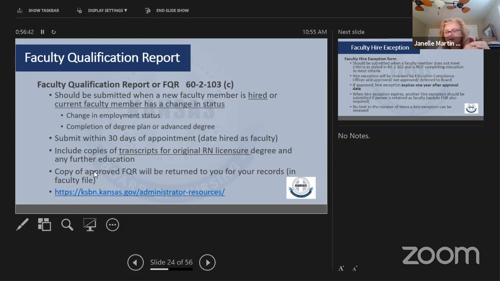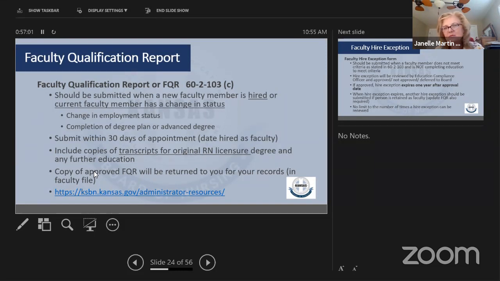So the FQR and the higher exception are good for that 1 year. So if you resubmit a higher exception for them, you also need to resubmit the FQR. It can be an update and maybe their status hasn't changed, but if anything else changes, if the clinical place where they're working has changed or if their education has changed.